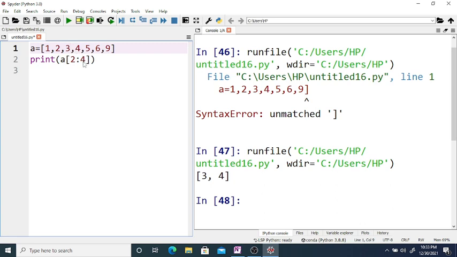And index 4 is exclusive, meaning it is 4 minus 1, that is 3. So at position 3 the element is 4, so it prints 3 4.